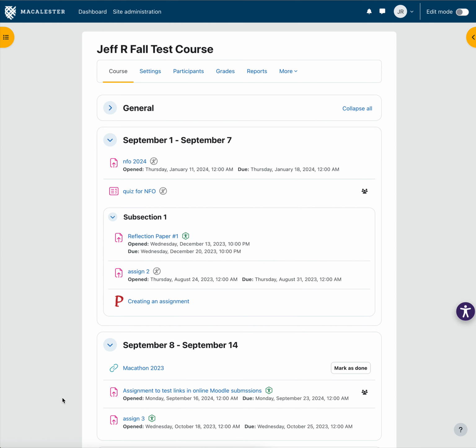Subsections are a new offering in Moodle 4.5 that can help faculty better structure their courses by grouping materials together and help students increase their focus on the content contained in them. To add a subsection into your course page, turn editing on,